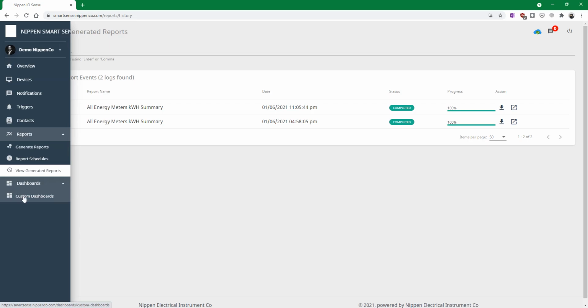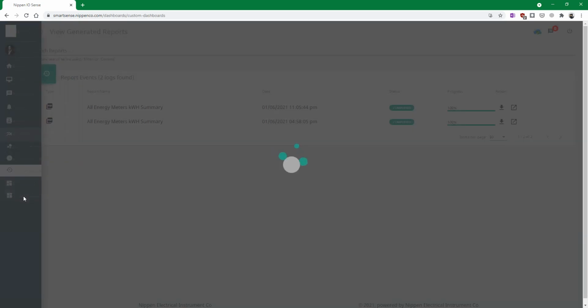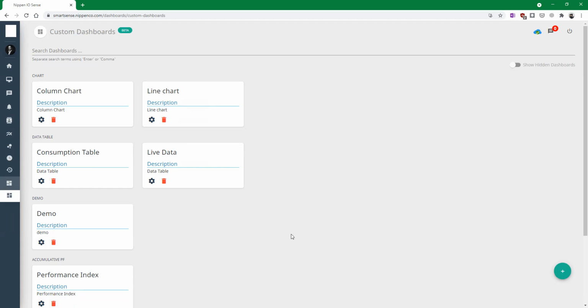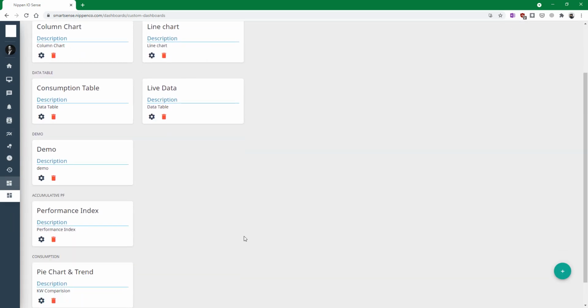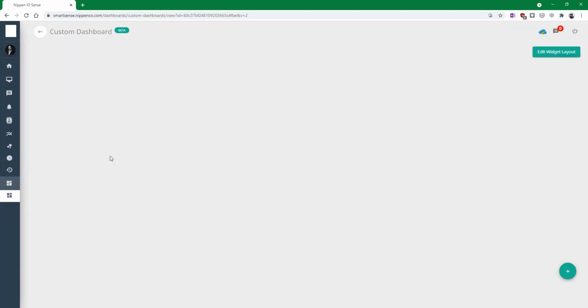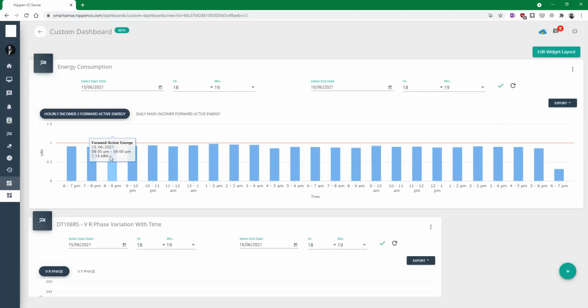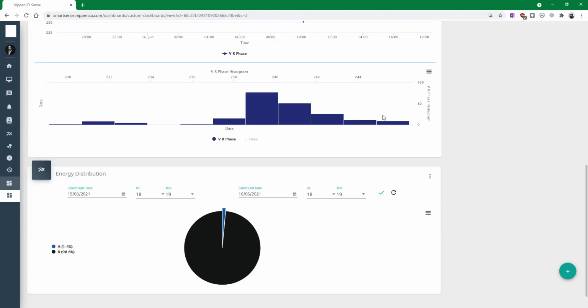One of the most unique features of the platform would, of course, be the dashboards entity, where a client or a user can curate different dashboards and add different types of widgets to be able to analyze data smoothly. Here we have a demo dashboard which already has some widgets added on the platform.